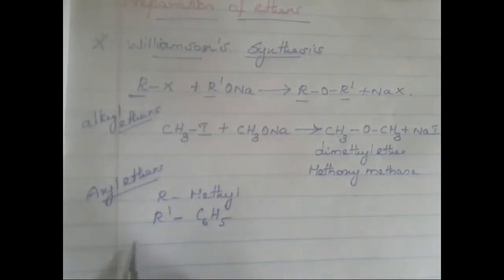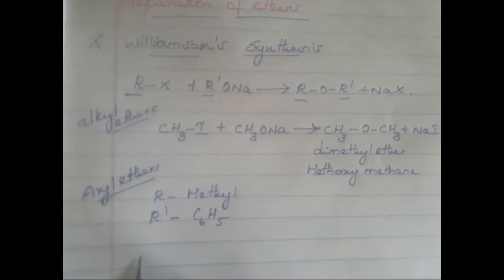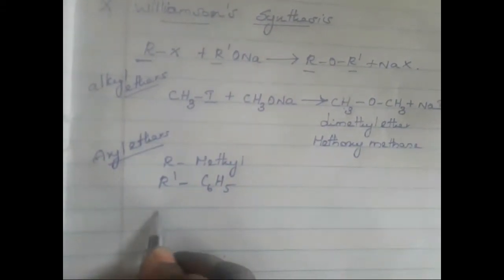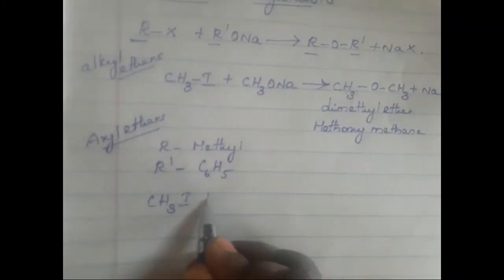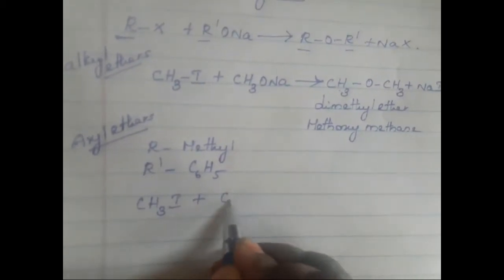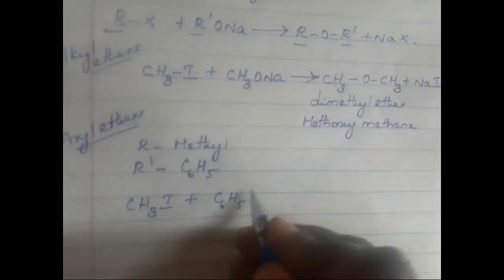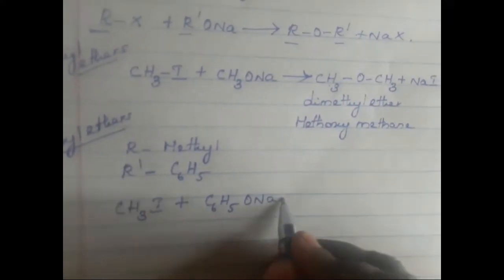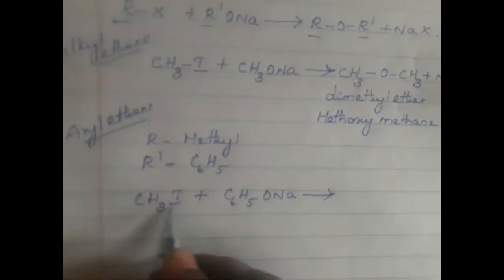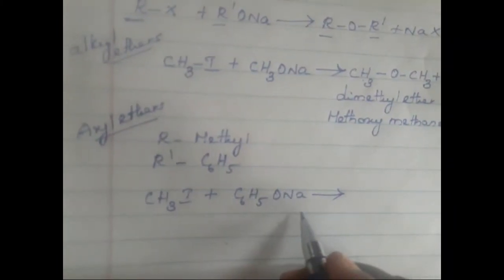Now let us see the equation RX. I am going to replace R with a methyl group. The formula is CH3I plus, R' I am going to replace with the phenyl group. So I have taken sodium phenoxide. So methyl iodide, when it is treated with sodium phenoxide,